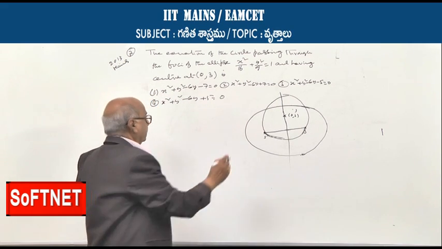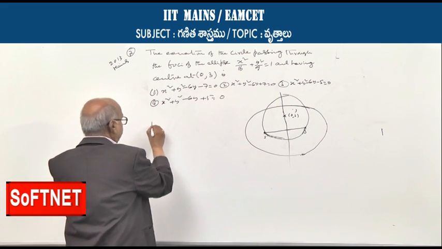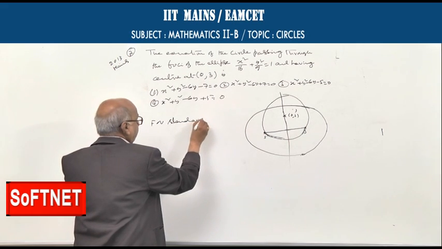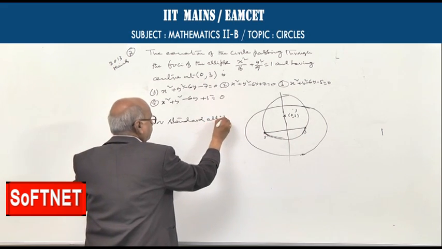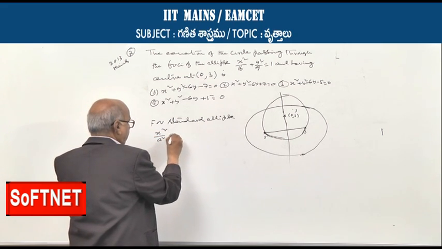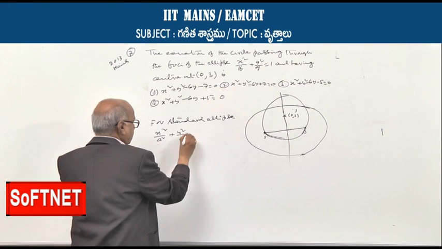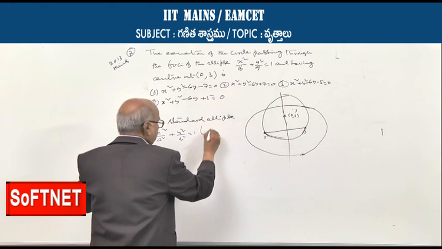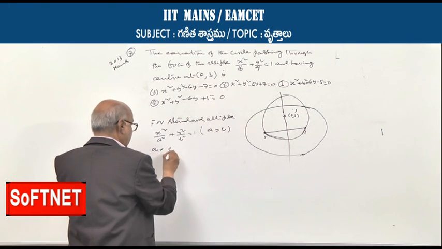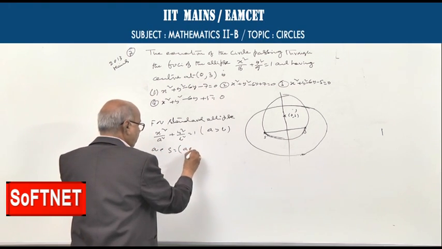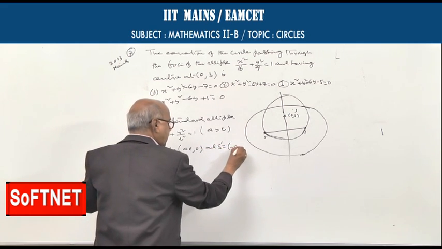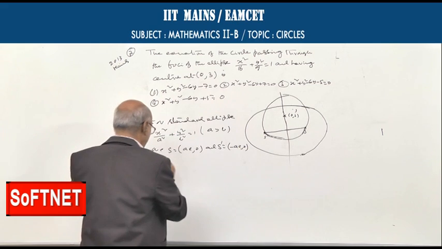You know that for the standard ellipse x square by a square plus y square by b square is equal to 1, where a is greater than b, the foci are S is equal to AE comma 0 and S dash is equal to minus AE comma 0, where